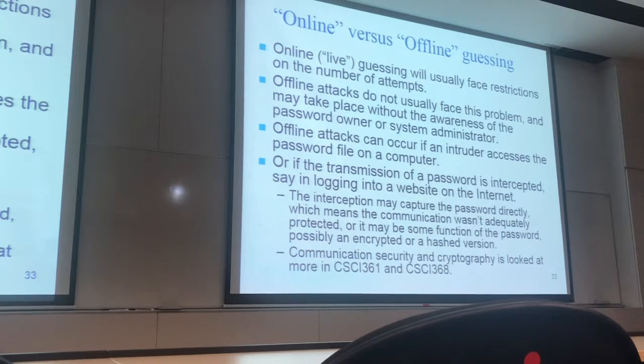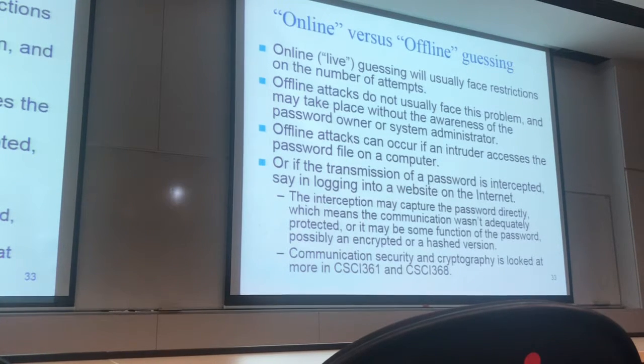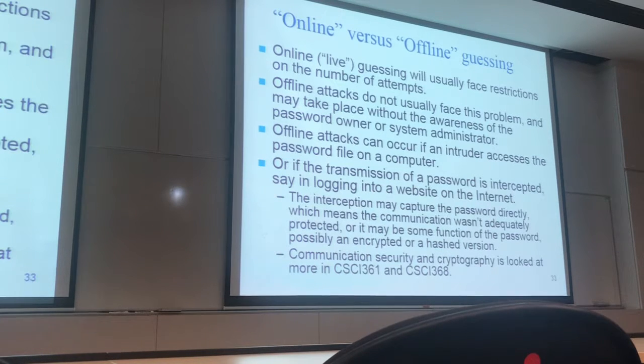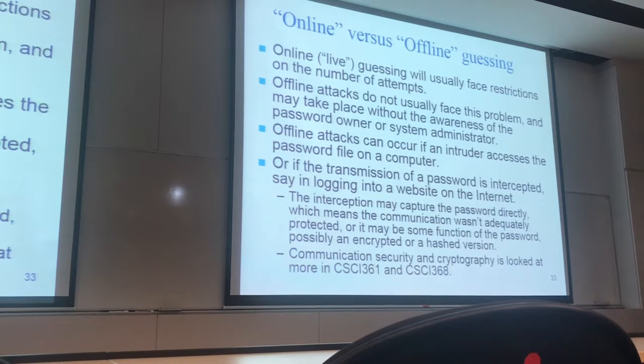Another important remark about the password is that we need to distinguish between online and offline guessing, the enumeration. For the online enumeration, as I mentioned, we can prevent this kind of attack by just restricting the number of failed logins. But the offline guessing attack is more dangerous. The offline attack happens when the attacker obtains something related to your password. This can happen, for example, when the attacker obtains a transformed password. Say the attacker has hacked into the system and obtained the so-called password table. So in this case,